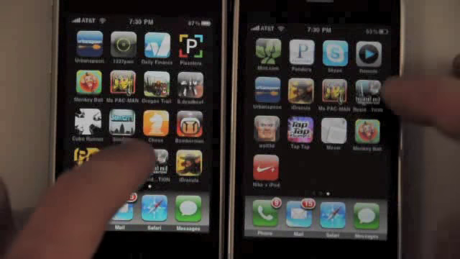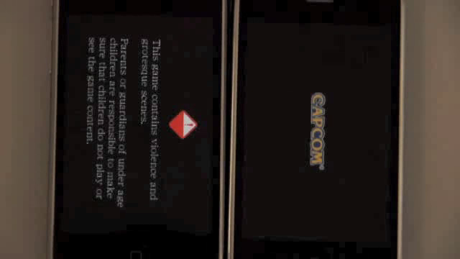Remember, this is the 3GS on the right. So you can see there it already loaded. I did the initial load. Look how much faster it started up. And you'll see the phone on the right, the 3GS, will be into the sort of demo screen of the game long before the 3G gets anywhere near it. There you go. So, I mean, huge difference in loading time,